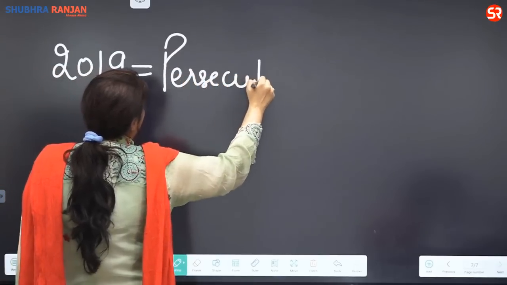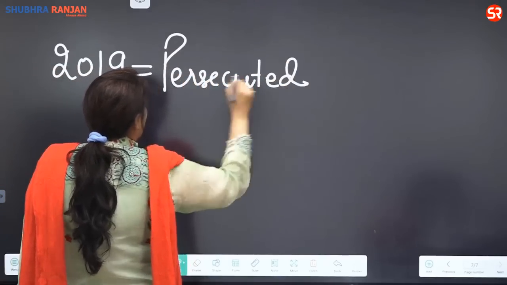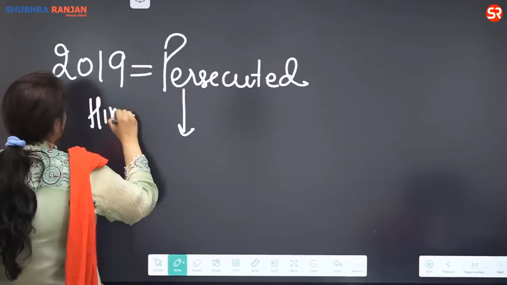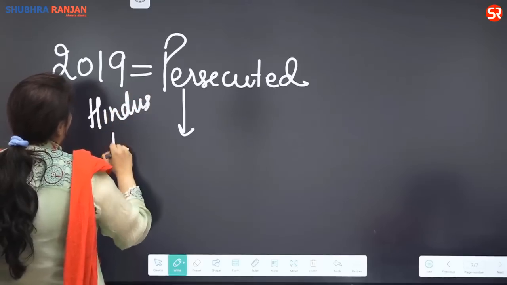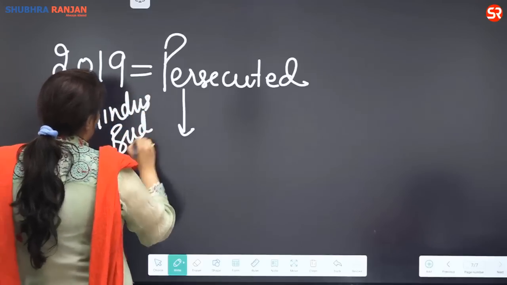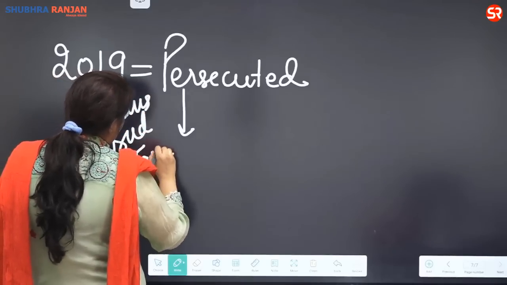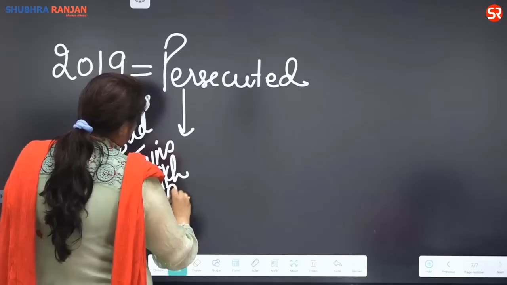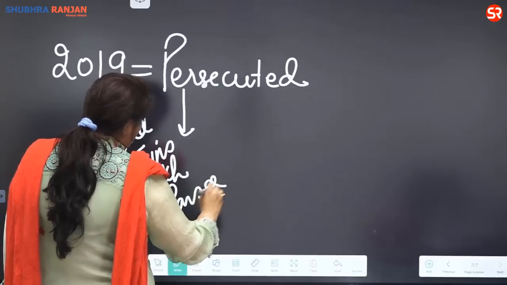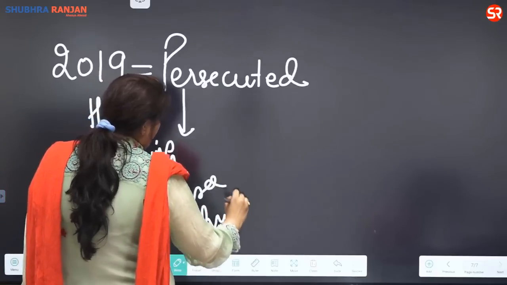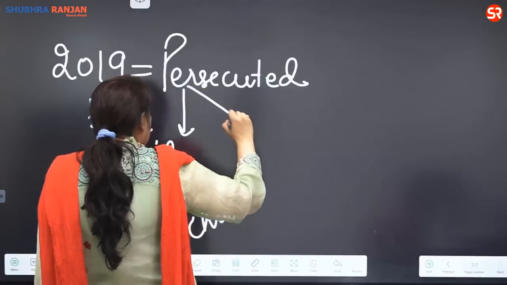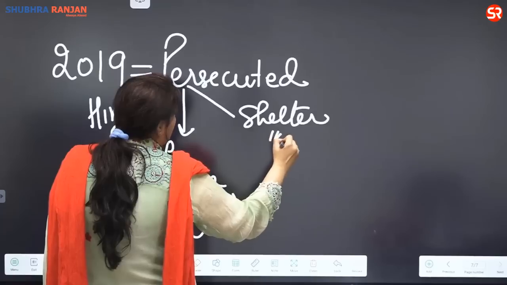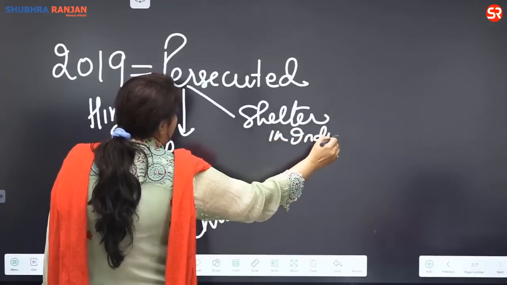Persecution of minorities, and these minorities, Hindus, Buddhists, Jains, Sikhs, Parsis, and the Christians, they have taken shelter in India, and